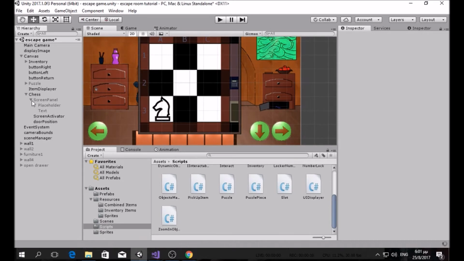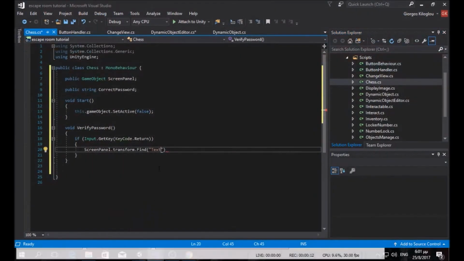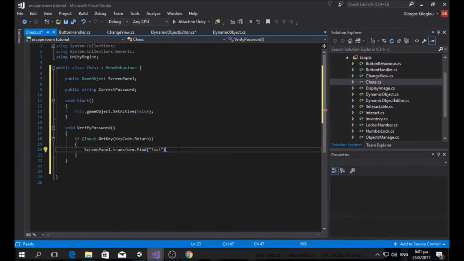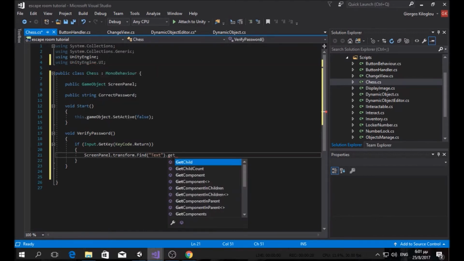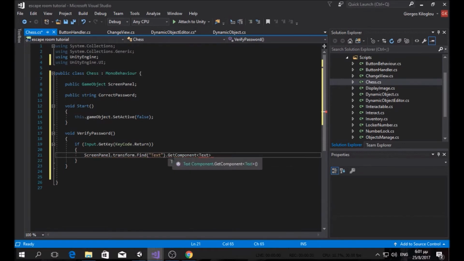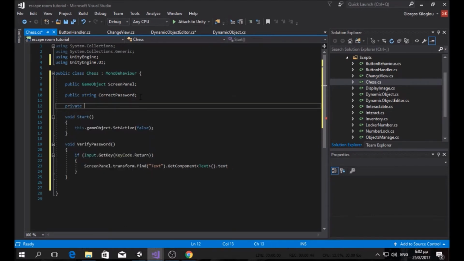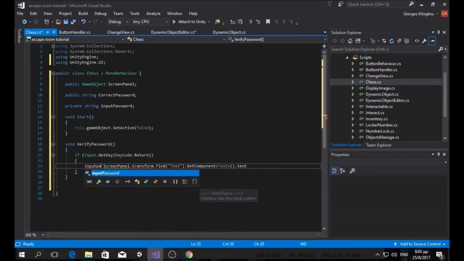That means we'll find this game object that contains the player input, and when we find this, we want its text component, so we're going to use UnityEngine.UI, the component Text, and we want its text, and this will be a private string entered password or input password. So input password equals this,